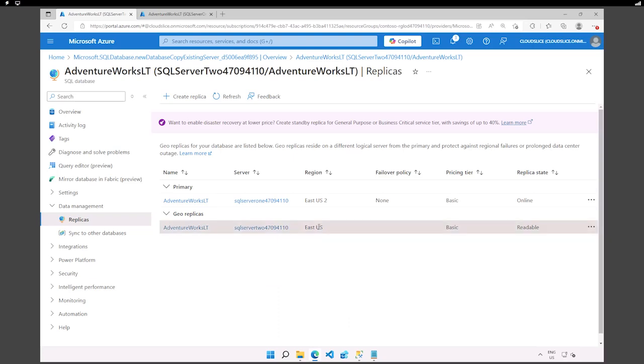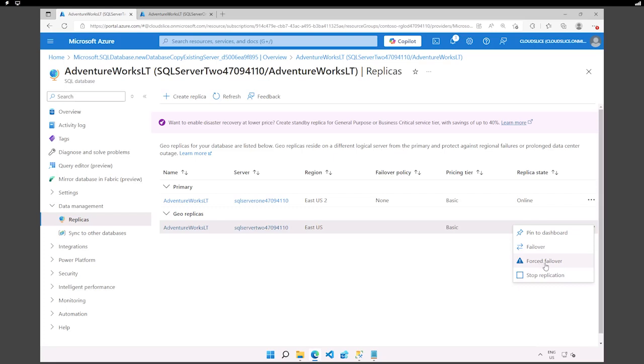So when we think about continuity of our services and minimizing downtime, that's when the geo-replication will come into play, right? Because if any issue is detected against EastUS2, Azure will automatically fail over if needed, in order to minimize the downtime.